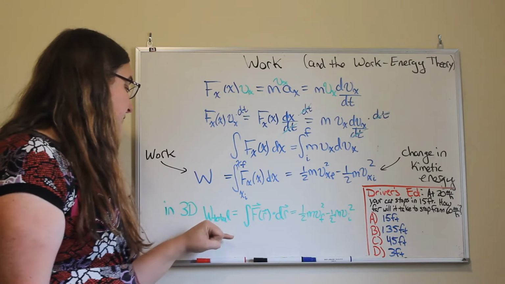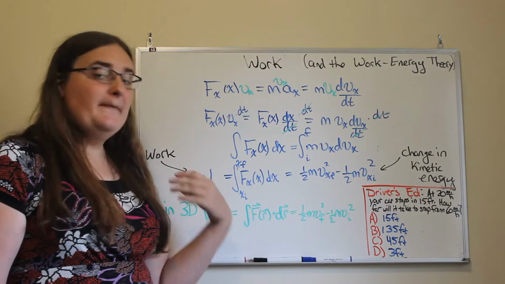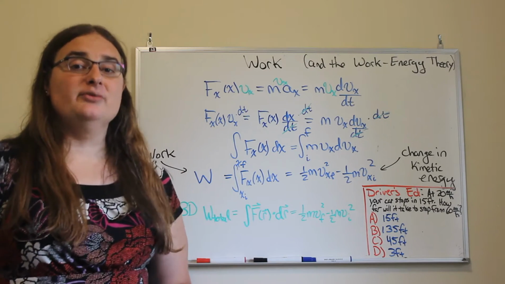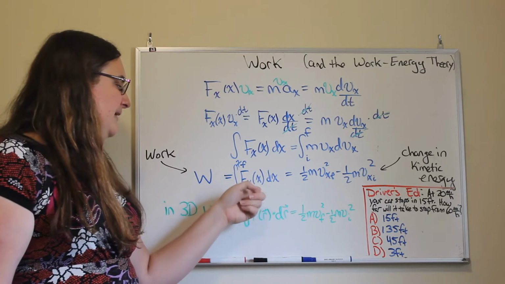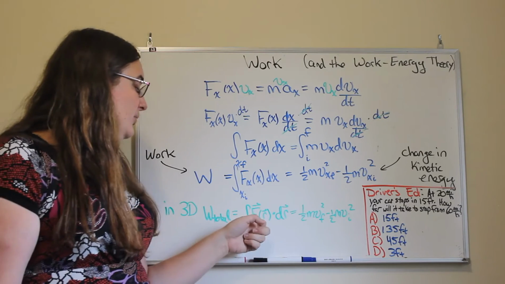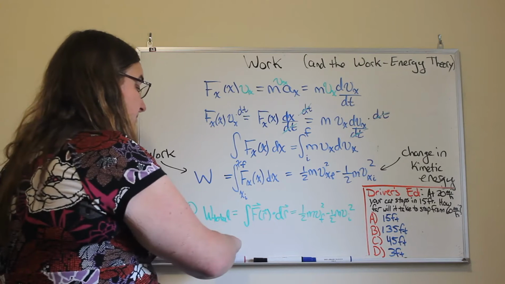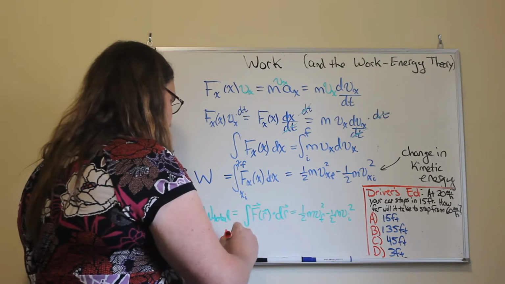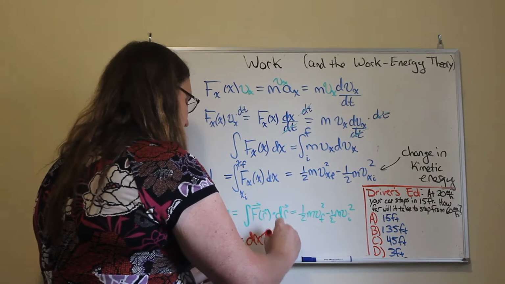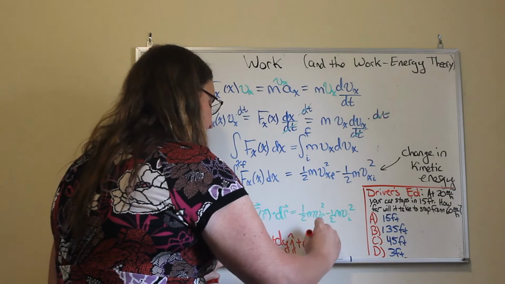So if we put it all together then, our total work, and what we can do is use some bookkeeping from vectors in order to simplify writing all three of those equations. We could think about this rather than being just a force with a specific direction element, we could take the dot product of our force with respect to the differential element dr. And the differential element dr is just simply dx in the x direction, dy in the y direction, and dz